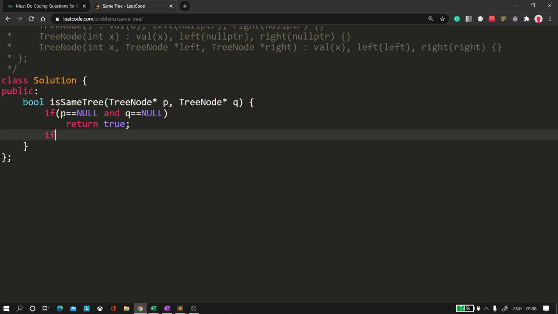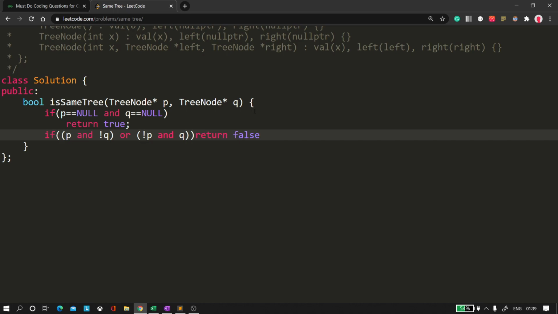And second case, if P is equal to null and Q is not equal to null, like for the example I discussed for 1 2, or P is not equal to null and Q is equal to null, then you need to return false.